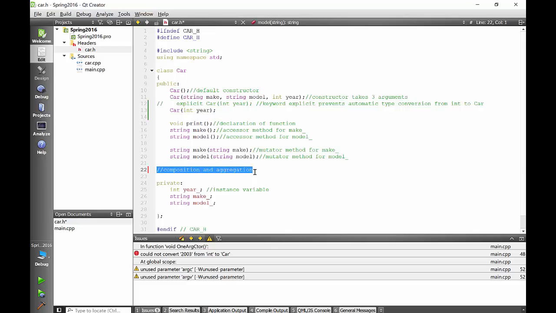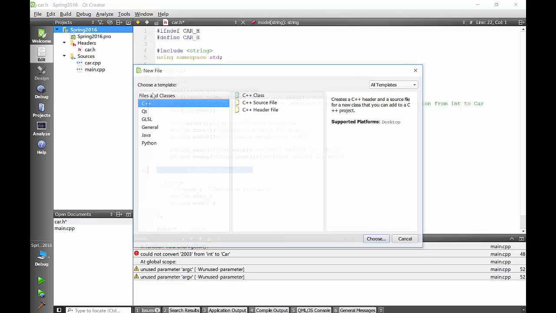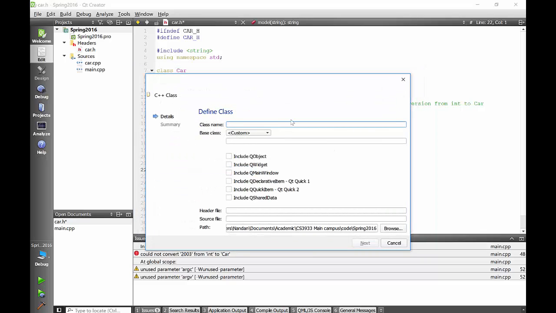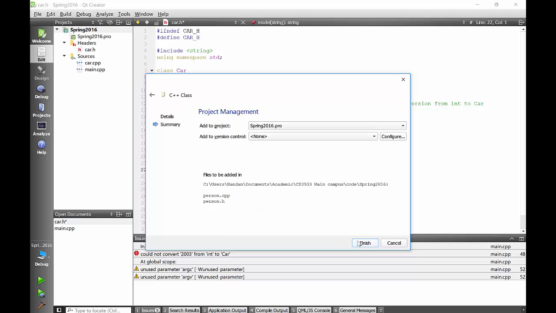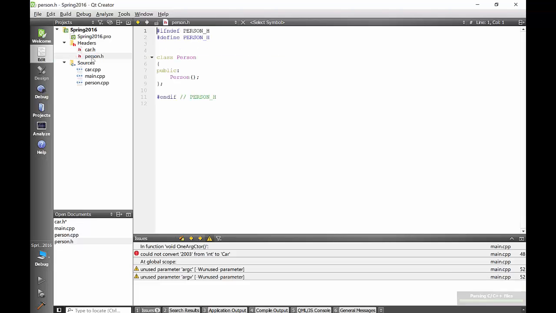But to demonstrate this, the first thing I'm going to do is add a new class, and this new class is just going to be a person class, which is very simple, representing a person. And we will make the person class here. So person class has a default constructor,